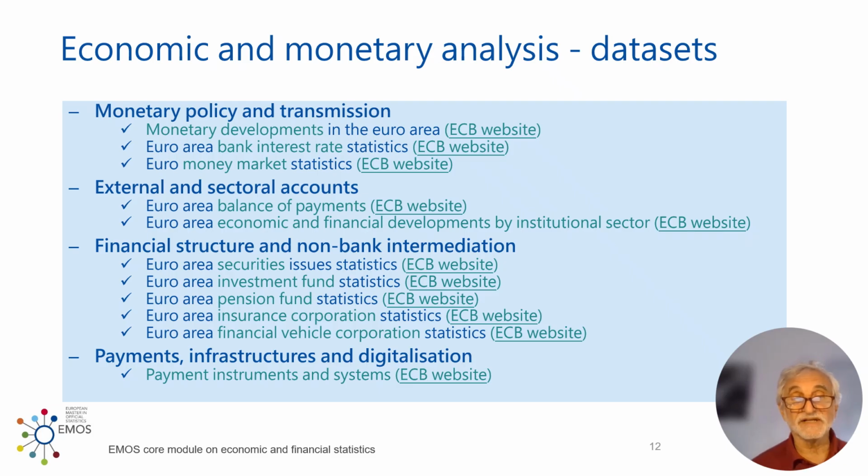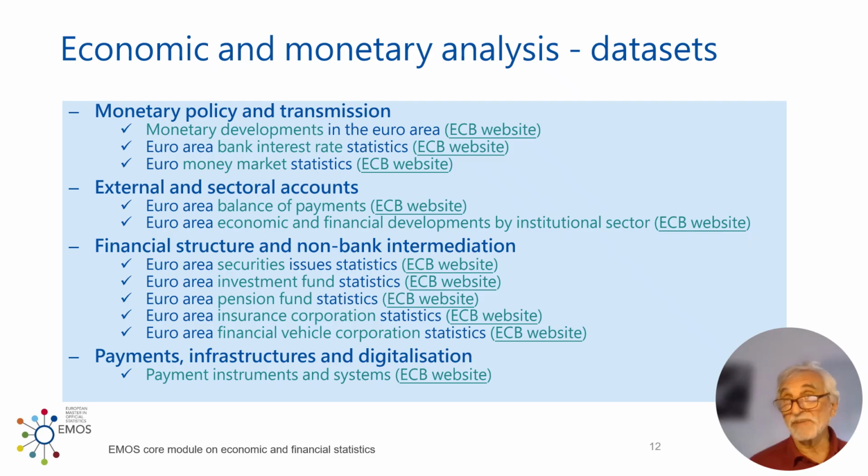So we have here data, for instance, on Euro area securities issue statistics. So enterprises, for instance, don't have to just take loans. They can also issue securities, which is another way to finance themselves. The governments obviously finance themselves to a very large extent by securities. Then you have the other side, the investment fund statistics, so the money of the privates and of the enterprises is often not invested in bank accounts, but in investment funds. So you need information on the investment fund industry.